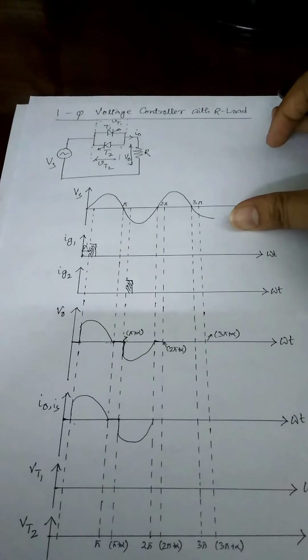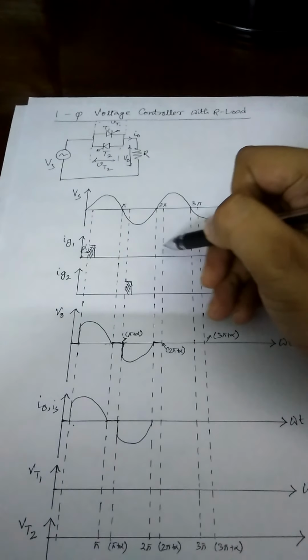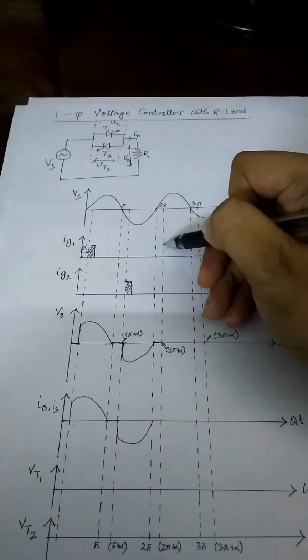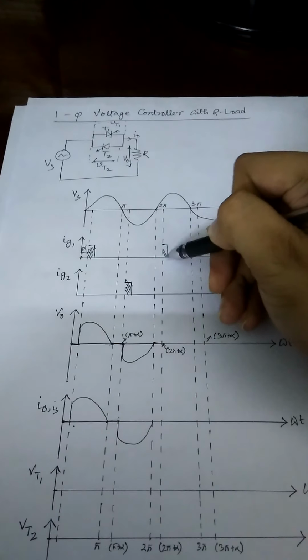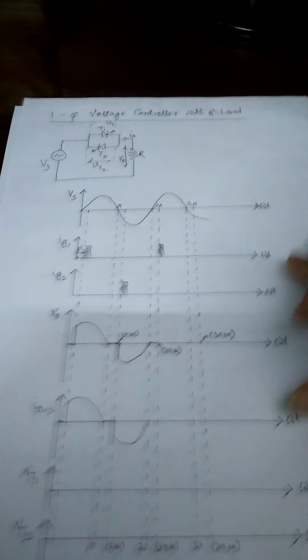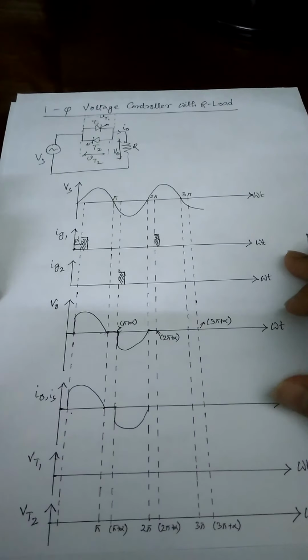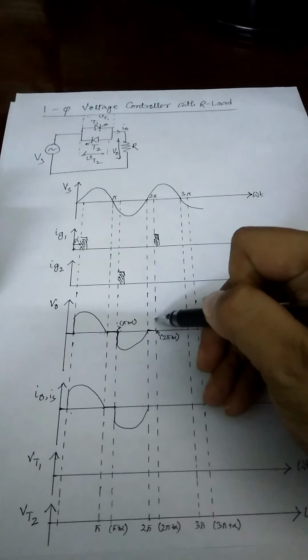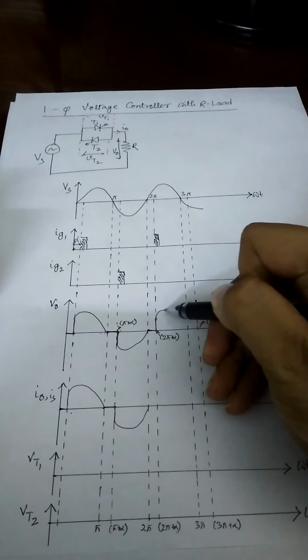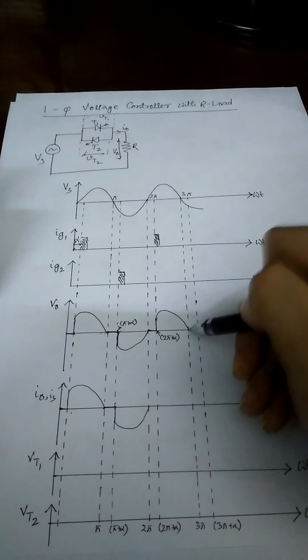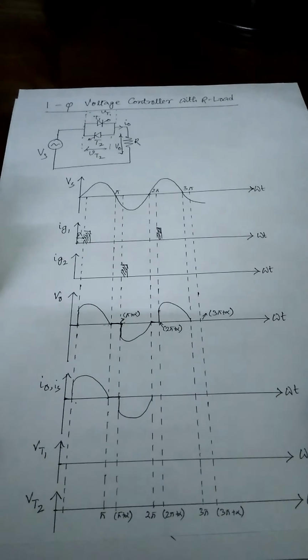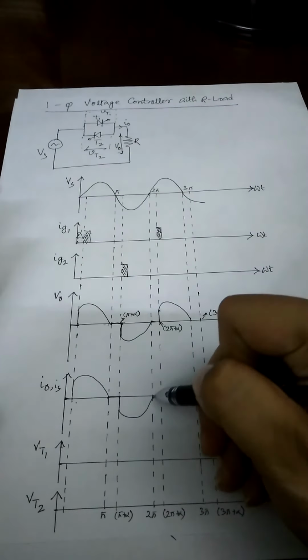So now we will get Ig1 again. So Ig1 again triggers the thyristor T1, and depending on that we will get a similar output voltage waveform like this, and also the current waveform will be